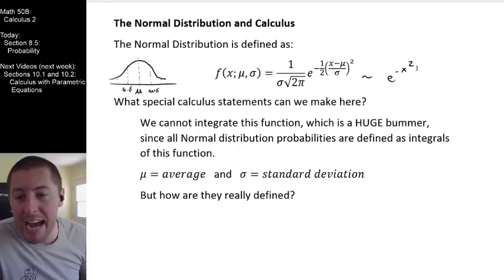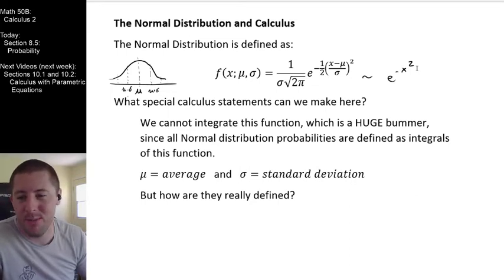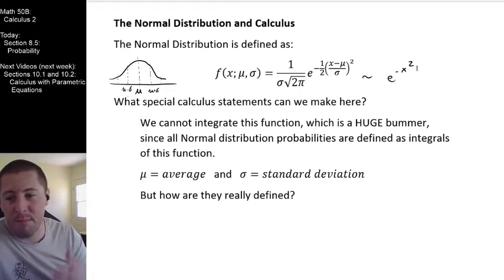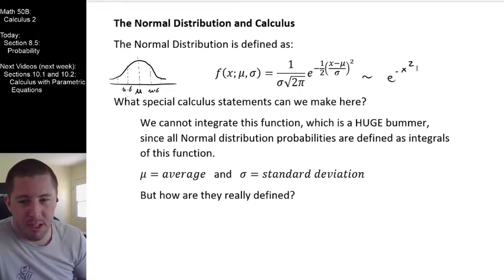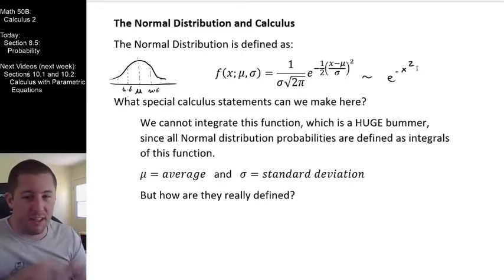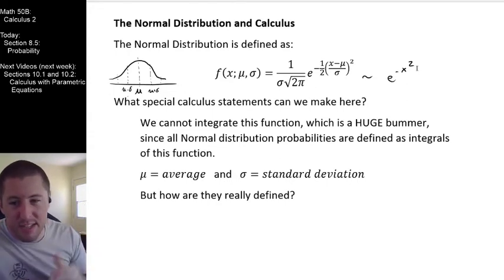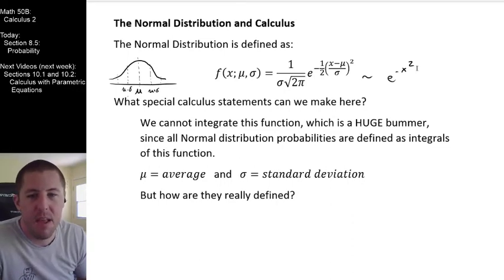We literally can't actually do the calculus associated with this one. It's a huge bummer. It's like the one that we want and we can't get it. This is why in probability and statistics you just look up a bunch of these values in a table or you get them out of your calculator. Turns out your calculator is just doing Simpson's rule underneath this curve right here. It can't actually come up with any exact answers, right?